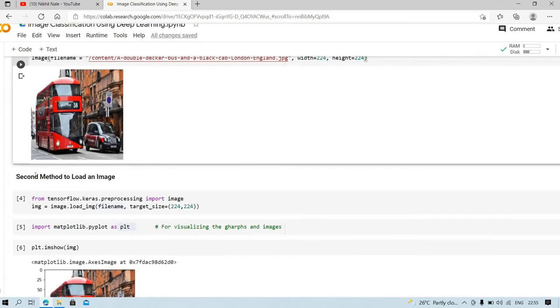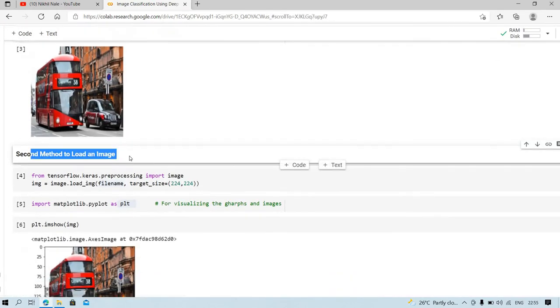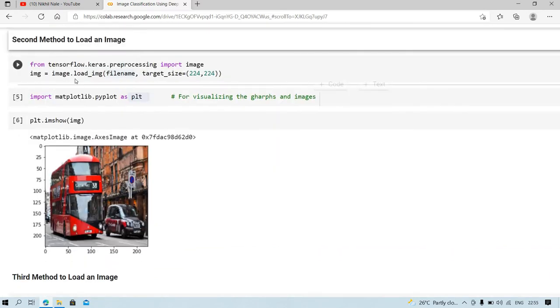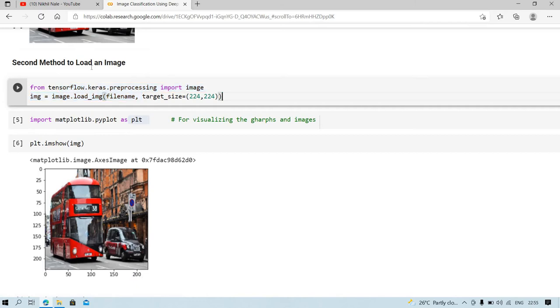Now you will see the second method to load an image. Here I will use tensorflow.keras.preprocessing import image, and from image I will call the method load_img, passing the filename and target size 224, and store it in a variable img.